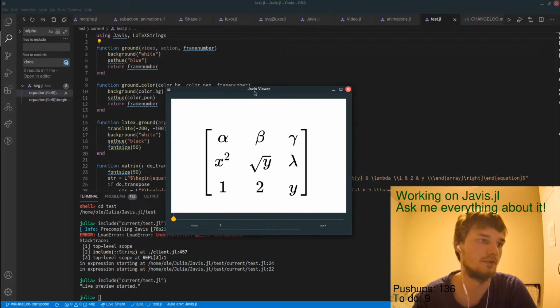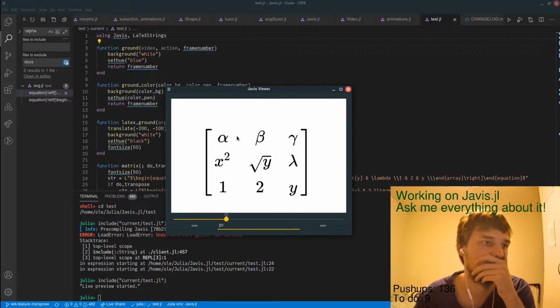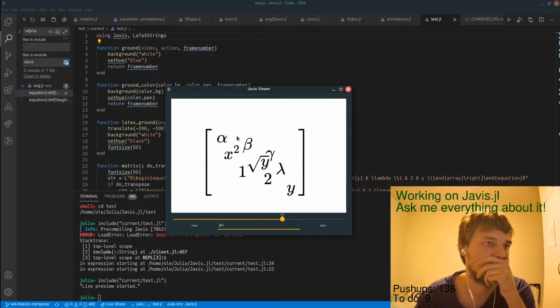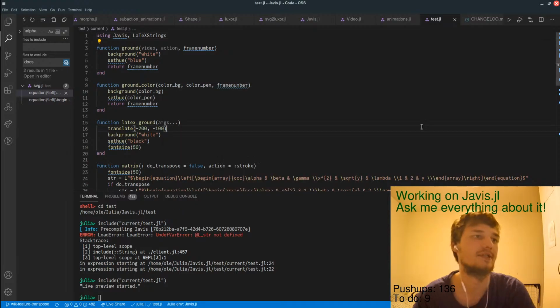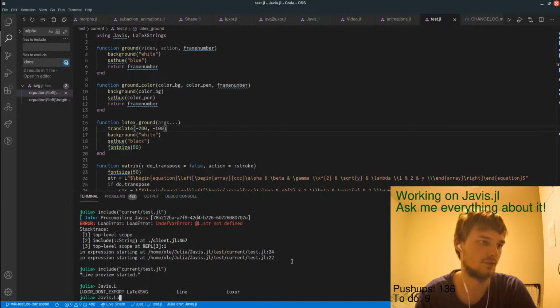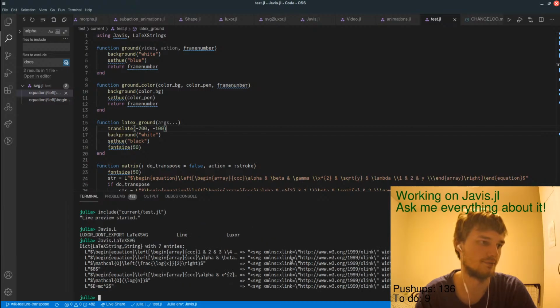Okay, here we go. Just check that this works as expected. And that's solving. Perfect. Now Javis.LaTeX, SVG.